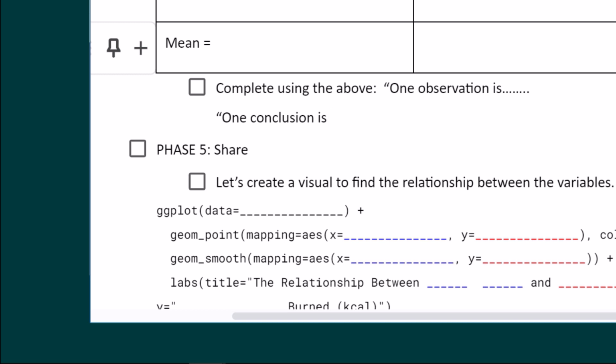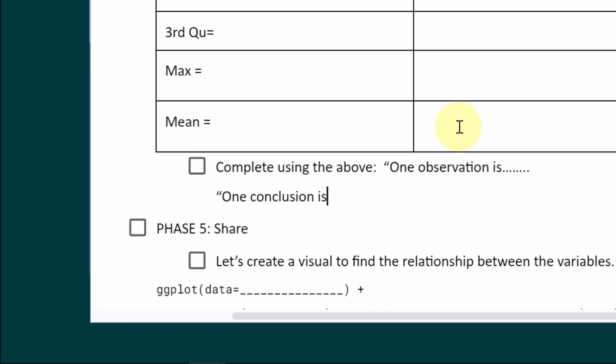Glenda, would you write down as your observation? The first quartile is less than 2,000 steps. Thank you. Jennifer? Just making a conclusion.